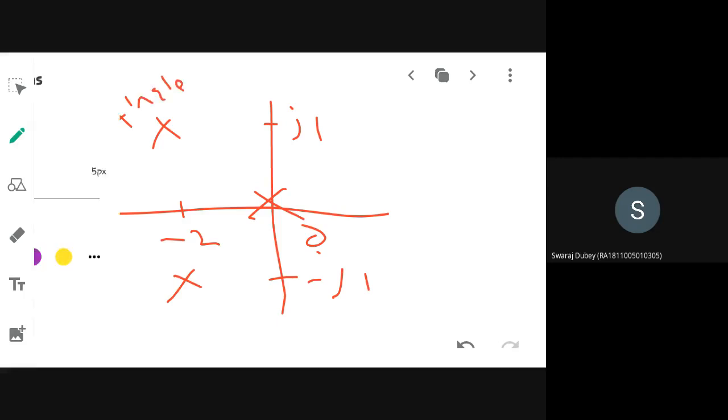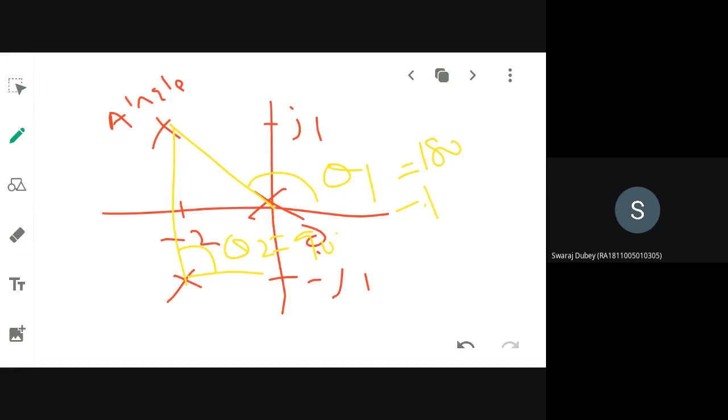So what you need to do is draw the vectors from the other poles like this, and mark the angle. This is 90 degrees, readily calculated. But for this, you have to use the formula 180 minus tan inverse of the vertical distance divided by horizontal distance. Or otherwise, you can use a protractor. That is an easy method.